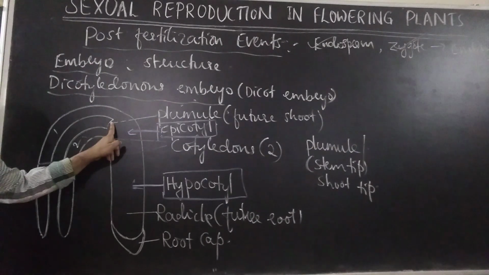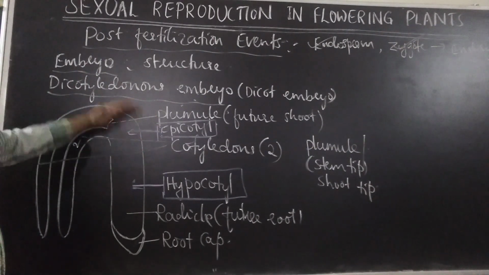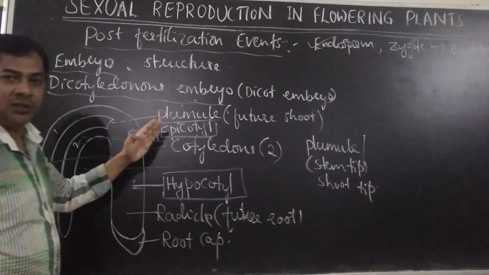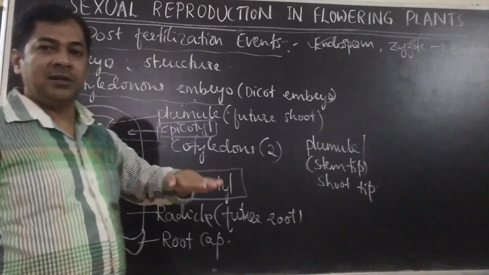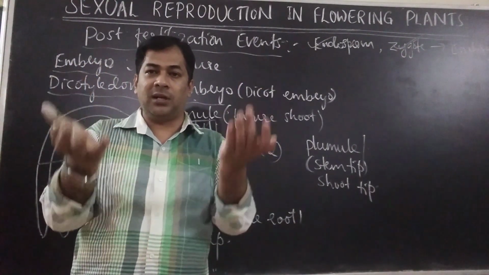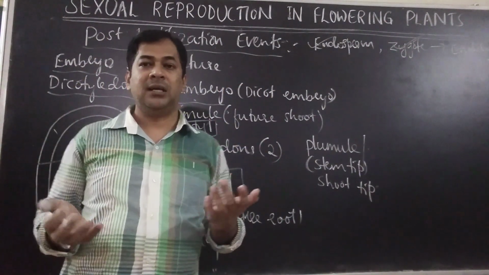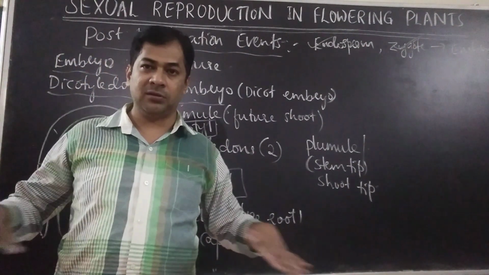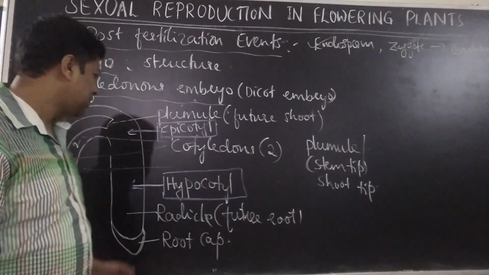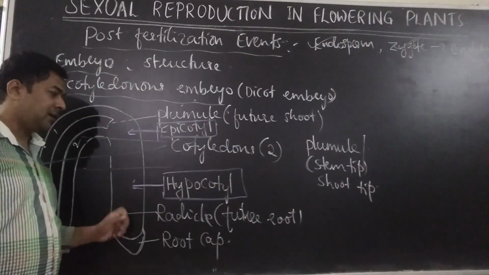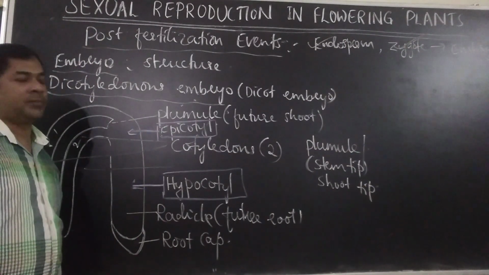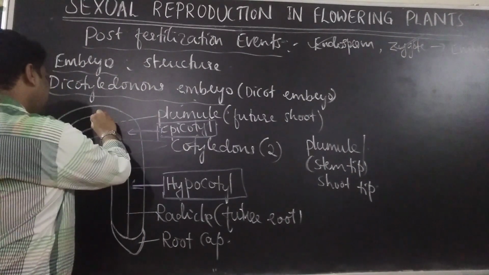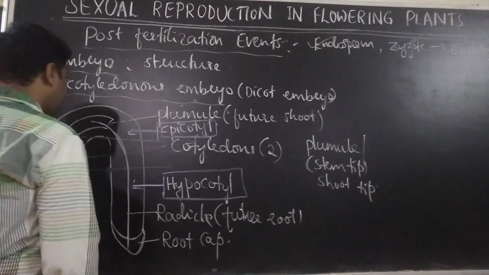So epicotyle has plumule, which becomes a shoot, means above this. All this part, see if I draw one line, above this all the parts will become shoot. Shoot means above the ground level. ಅಂದರೆ ಮಣ್ಣಿನ ಮೇಲೆ ಇರುವಂಥದ್ದು ಏನಿದೆಯಲ್ಲ, ಸ್ಟೆಮ್ಮು, ಬ್ರಾಂಚಸ್ ಎಲ್ಲ, ಅದೆಲ್ಲ ಎಪಿಕೋಟೈಲಿಂದ ಆಗುತ್ತೆ. So the lower part, what is there underground, ಮಣ್ಣಿನ ಒಳಗಿರುವಂಥದ್ದು, below the ground, that is hypocotyle. Hypocotyle will have radicle, and radicle becomes a future root. Okay, and if you draw one line in the middle, it will be called as embryonal axis.